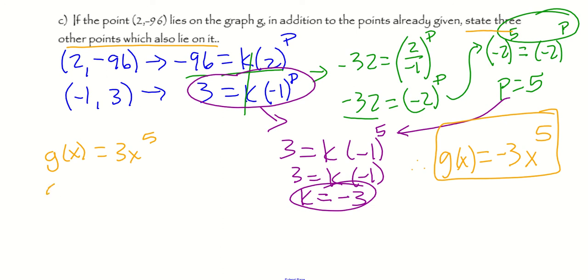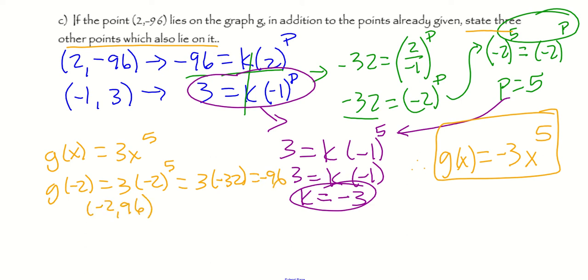If we were to plug in g of, say, negative 2, we would get negative 3 times negative 2 to the 5th, which is negative 3 times negative 32, which is 96. So we have the point negative 2, 96. We had the point 2, negative 96, and the point negative 2, 96. Those seem to have a relationship, and we had the point 1, negative 3, and negative 1, 3. Similar relationship. If we wanted two other points, we could plug in another number for x, so we could plug in, say,